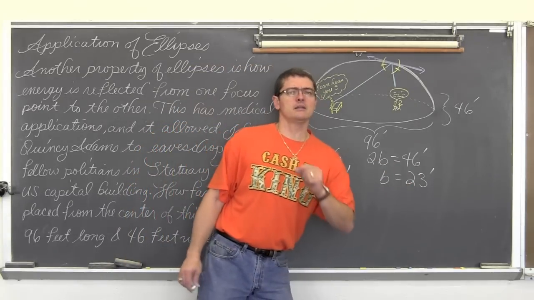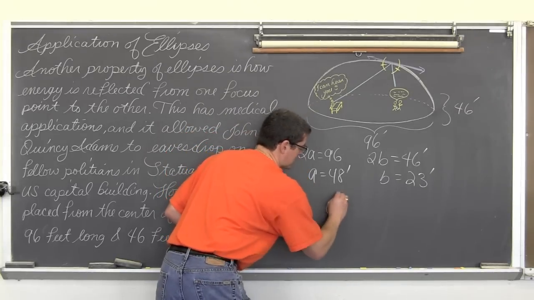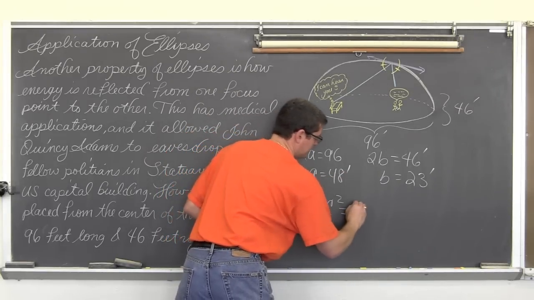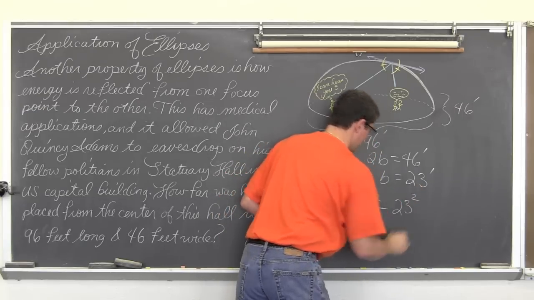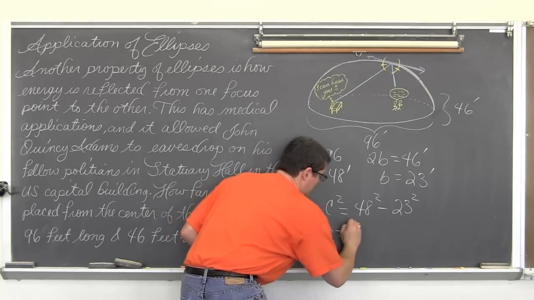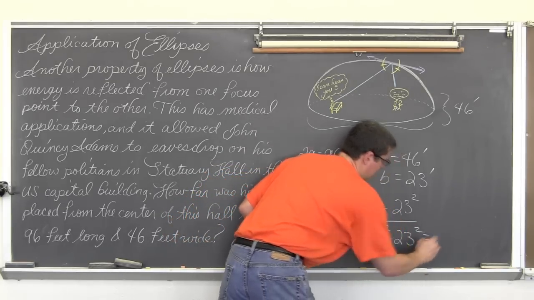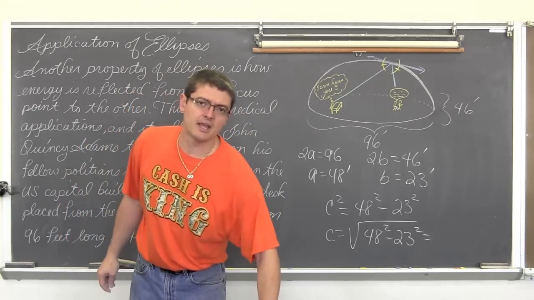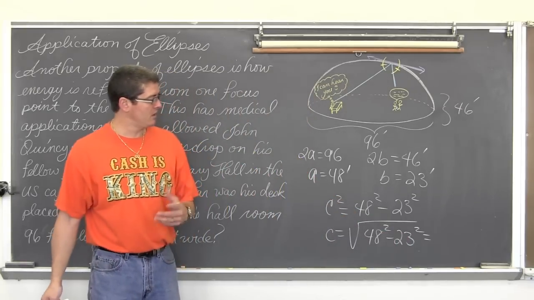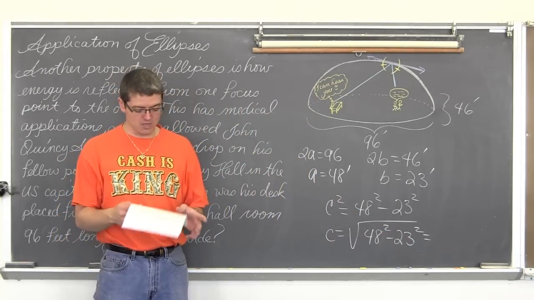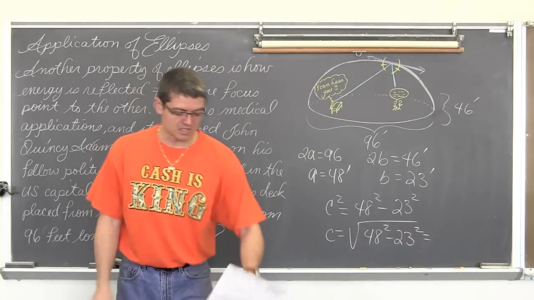Which means I need to know what c is, the distance between center and focus point. So c squared is equal to a squared minus b squared. And then c is going to equal the square root of 48 squared minus 23 squared. Please do not allow the square root to cancel out those powers of 2, because 48 minus 23, which is what, 25, is not the correct answer. No, the square root of 48 squared minus 23 squared is going to be